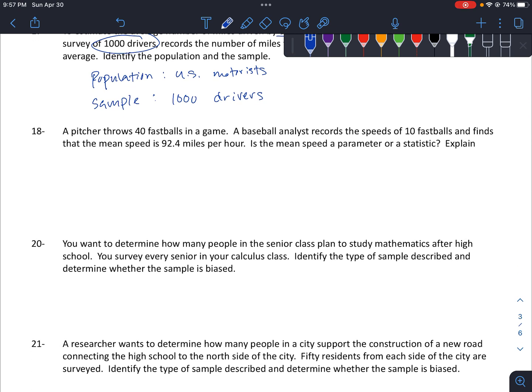Okay, a pitcher throws 40 fastballs in a game. A baseball analyst records the speed of 10 fastballs and finds that the mean speed is 92.4. The mean speed is a parameter or statistic. So, given that the population was the 40 fastballs and 10 fastballs were the survey, and so this is the sample, and so since this is for the sample, then it's definitely going to be a statistic